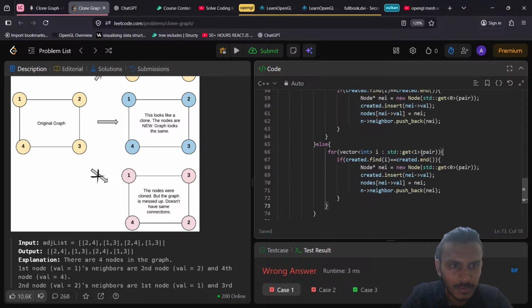Else, if a node is already created, we look to the second and check if it is created or not. Then we go to 2. 2 is already created, so we do nothing, we do not create 2 again, we just go through 2's neighbor, that will be 1. So we check 1 is also already created. So what we do is, if it is already created,